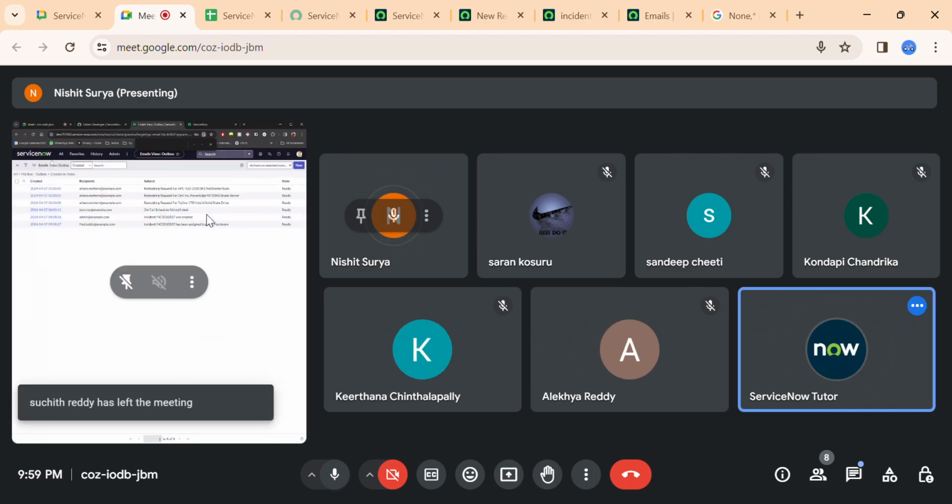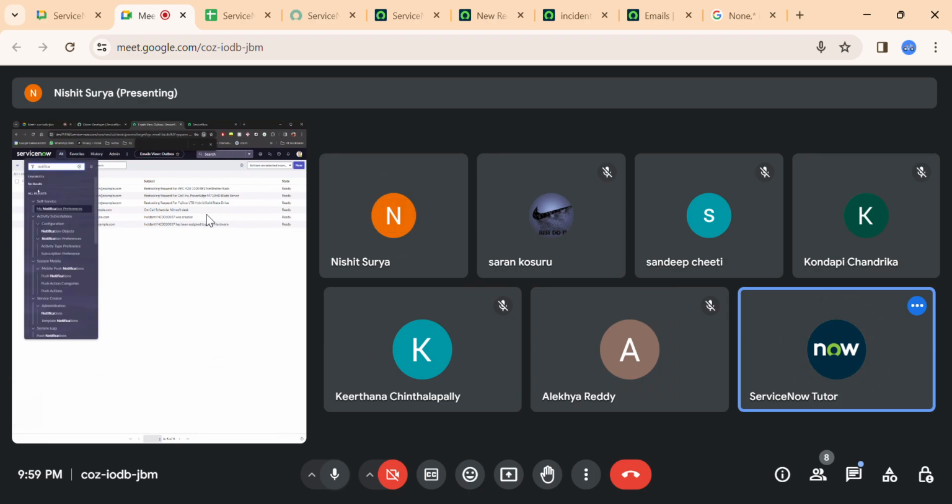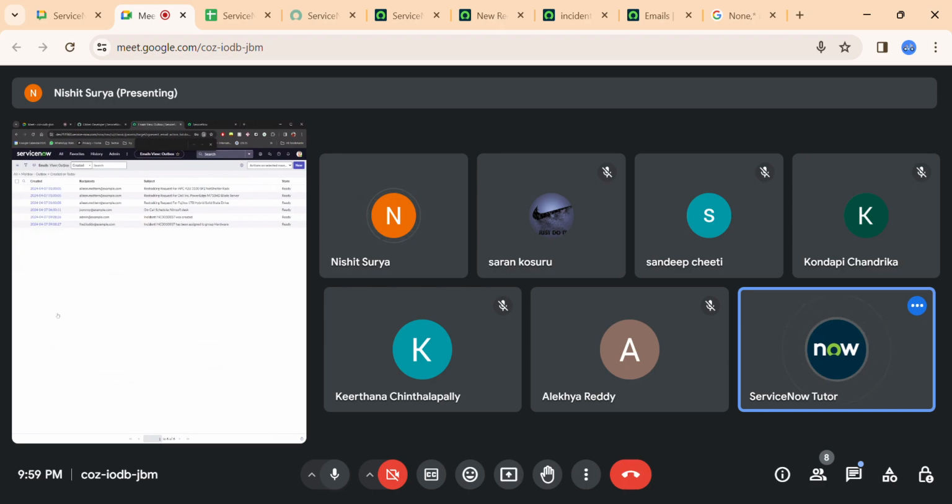You can preview. Can you go to your notification? This is again the out of box notification, I guess. Go to the notification which you created.